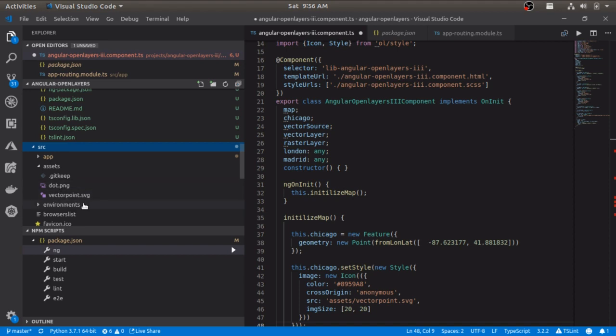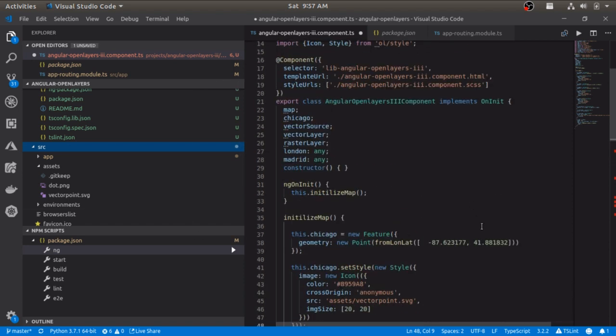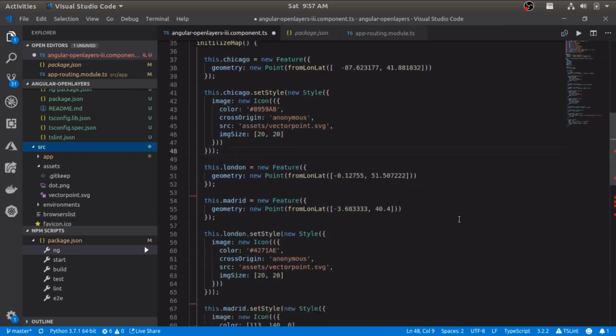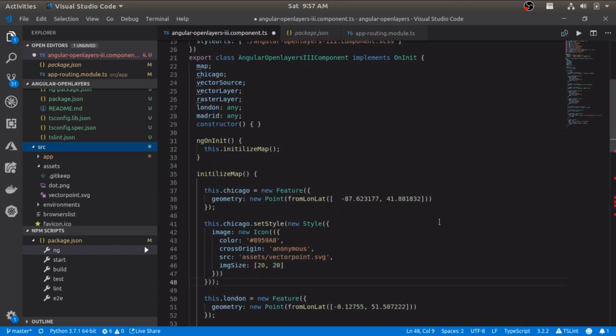I'm working with PNG as well as SVG. I'm going to demonstrate both of them here, and I have those two available inside my asset folder. As you know, in my earlier video I had the initial map loading. To load features, we need to create a new feature. This is a type of geometry, and whichever city you want to highlight. In this case, first is Chicago, where these are the Chicago coordinates,